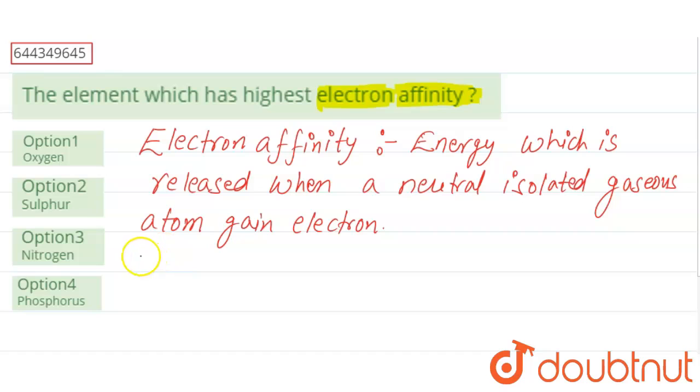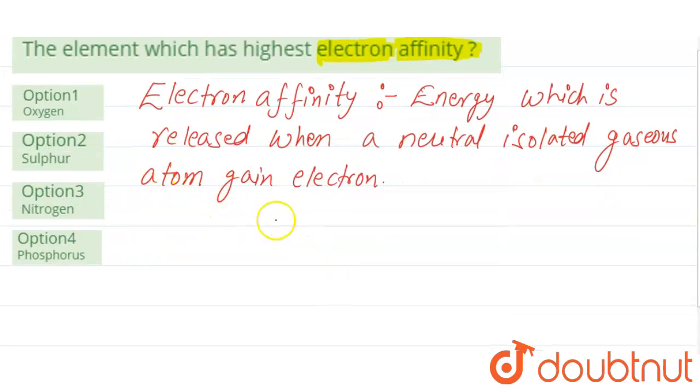So the first option, oxygen. As we all know, nitrogen comes first in the second period, and then after that oxygen comes. As the atomic number of oxygen is 8 and nitrogen is 7, nitrogen comes before oxygen, and below nitrogen phosphorus comes, and below oxygen sulfur comes. As we all know. So here,